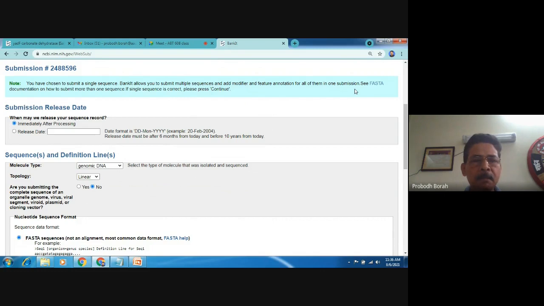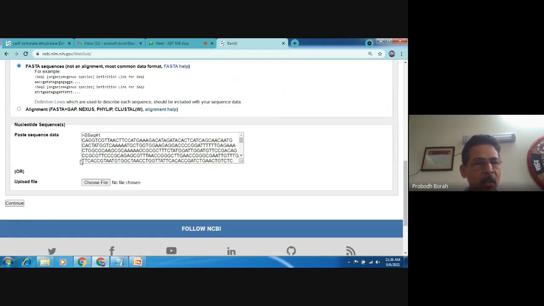But the data pertaining to the sequence information and the features and the sequence in FASTA format must be available with you before submitting multiple sequences together. But here, today we are only submitting a single sequence. So it is asking if the single sequence is correct, please press continue. So it is correct for today. So we'll just click on continue.